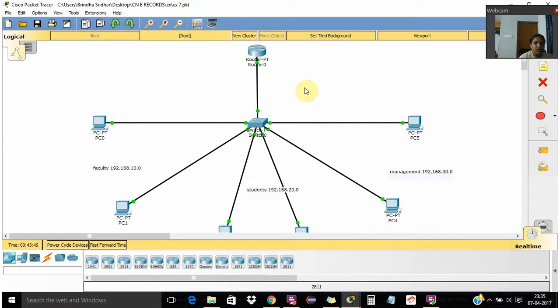So they are the same commands we use, that is VLAN 10. First we have to write all the three VLAN commands, VLAN 10, VLAN 20 and VLAN 30, and then we say exit. To establish the connection between the router and the switch, which is FastEthernet 0/0, as usual we do interface f0/0, and I give the command called switchport mode trunk. We say this as a trunk, so we give the command switchport mode trunk,